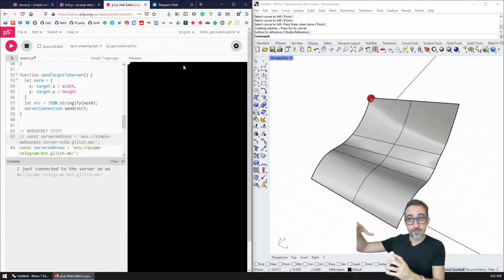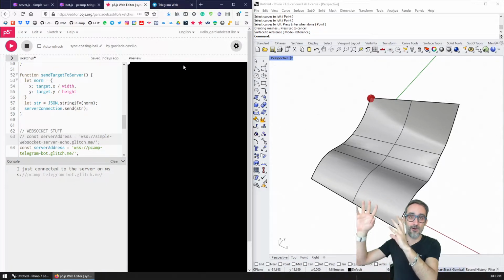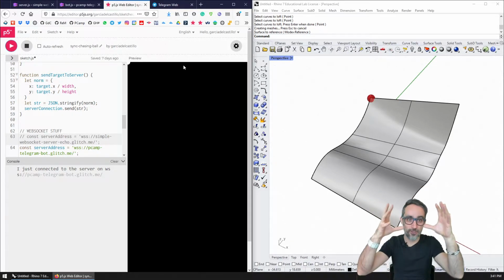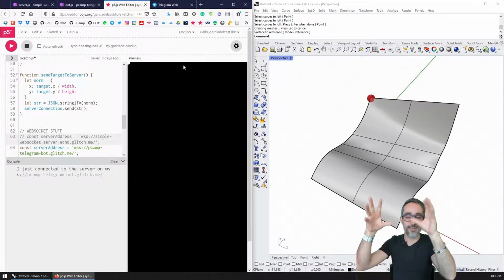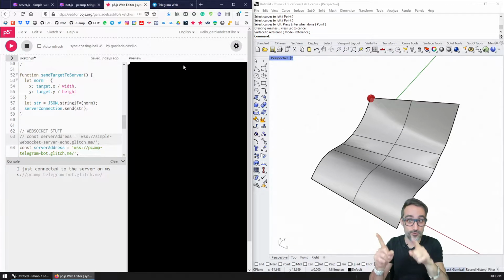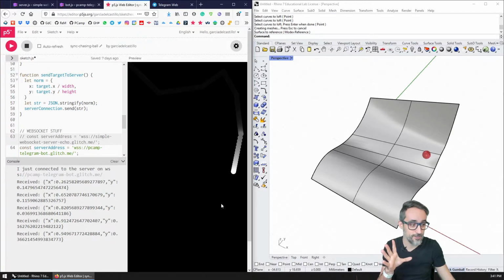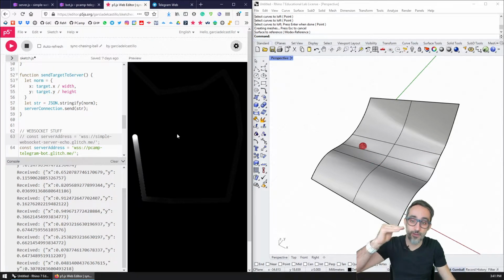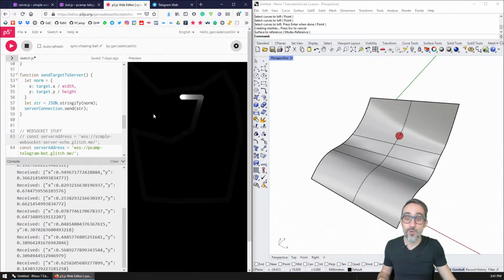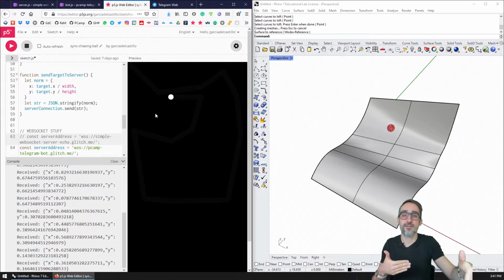So, inheriting from the work that we've done previously on putting a WebSocket server on the cloud, and then using a P5 sketch to coordinate the motion of some dots on a canvas, what I would like to do now is to teach you how to connect Rhino and Grasshopper to this rig so that we can use, for example, the P5 canvas to coordinate the motion and the animation of this circle, this sphere, on top of a NURBS surface, and how we will eventually, farther down in this playlist, when we learn about Telegram bots, for example,